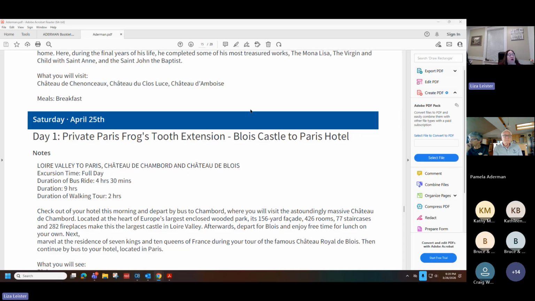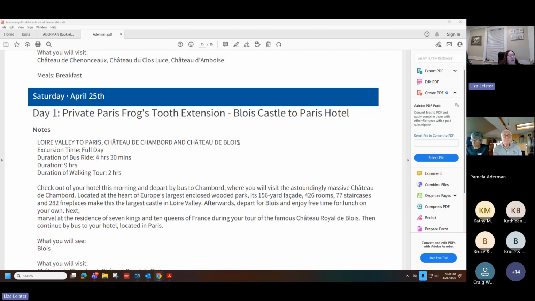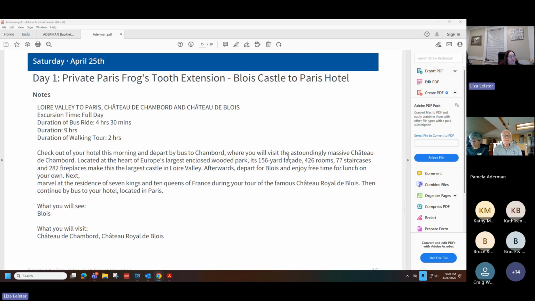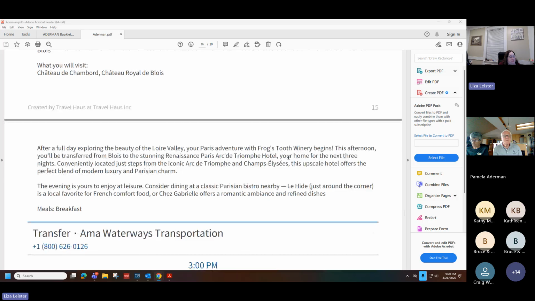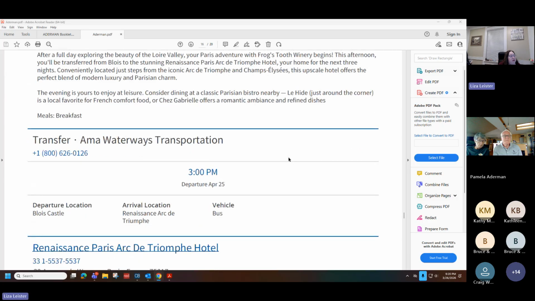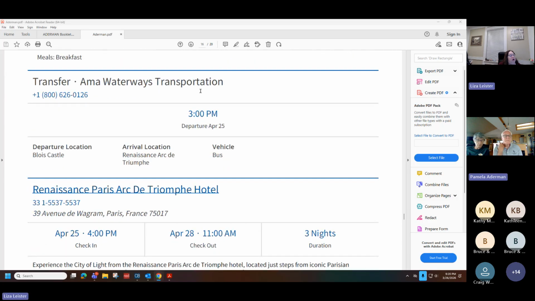For people doing the custom Paris package, we are going to leave from the last sightseeing, and you're going to have a bus that's going to take you directly into downtown Paris and drop you off at the Renaissance Arc de Triomphe. That night's at leisure.